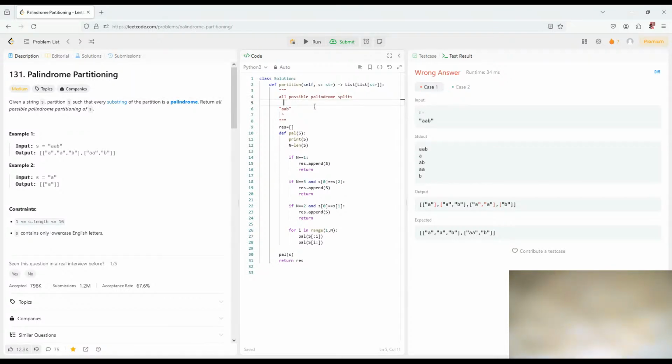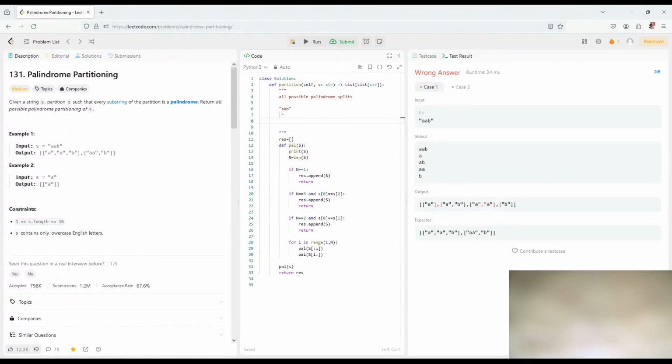So if every substring of the string must be a palindrome, what if I have to check if a substring of the string is a palindrome? What should I do, or how can I solve it? So I would